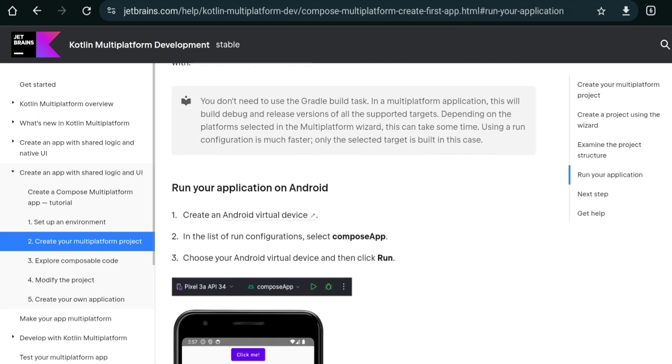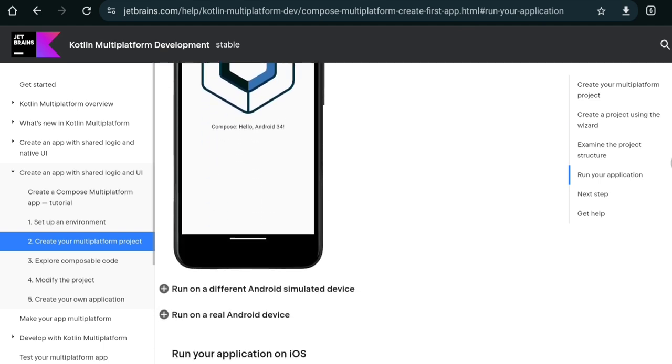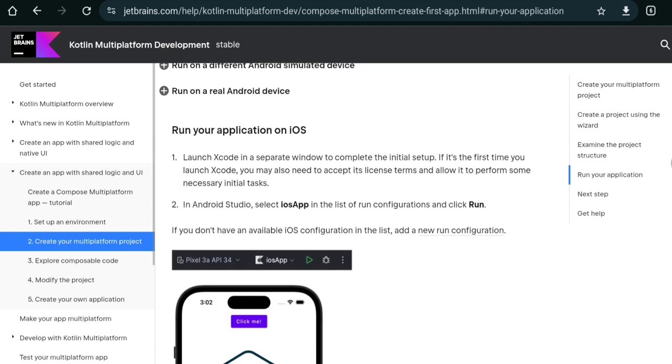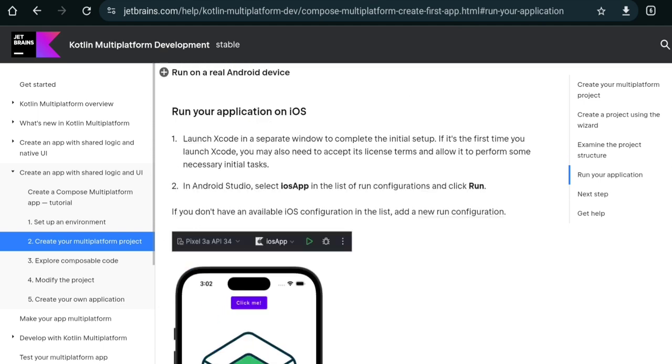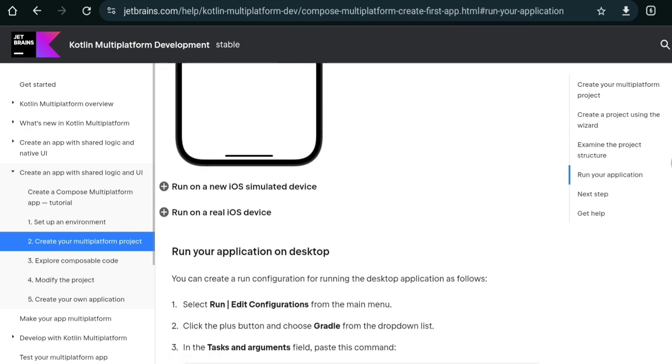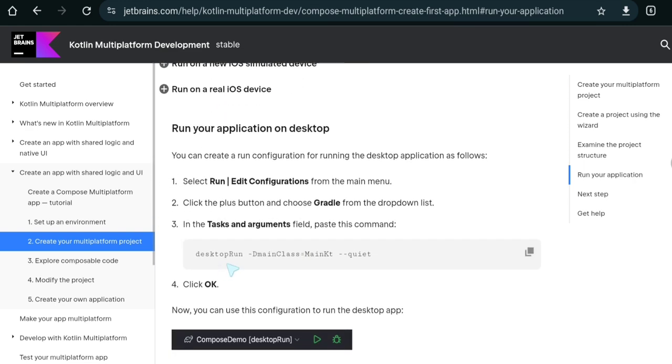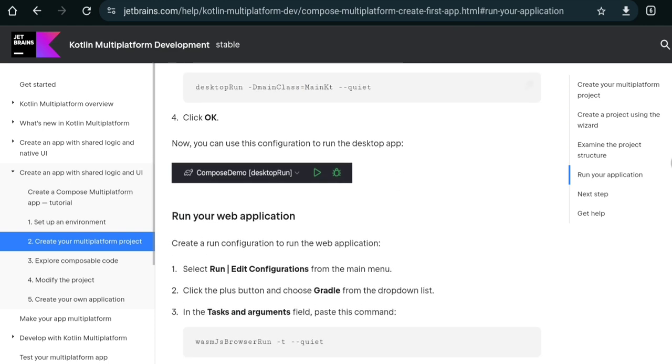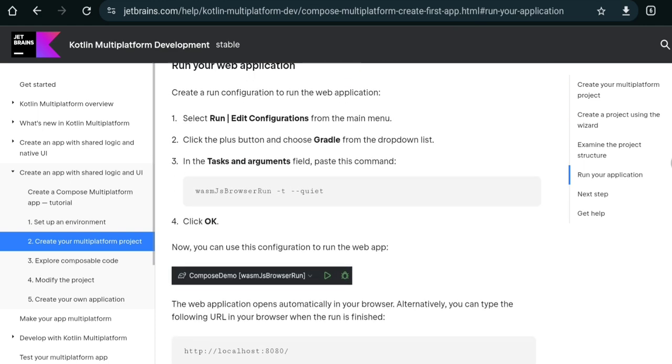Run your application. So run your application on Android. Okay, run on iOS. This looks good. Launch Xcode. Okay, so we need to launch Xcode to run it on iOS, and run your application on desktop. Create run configuration. Desktop run means the main class, and we can run it on the desktop.